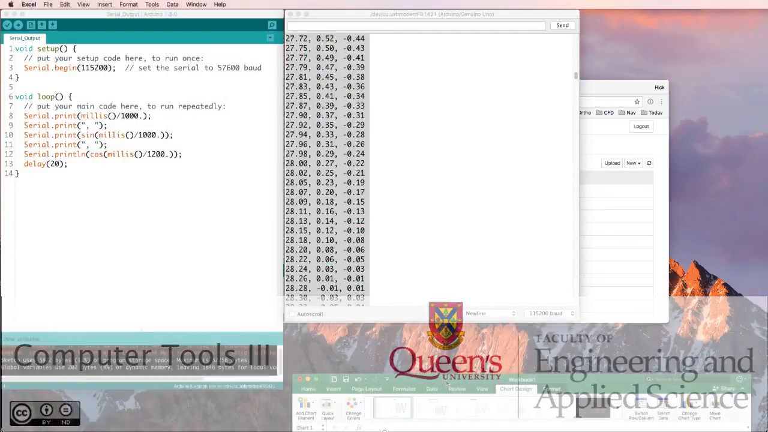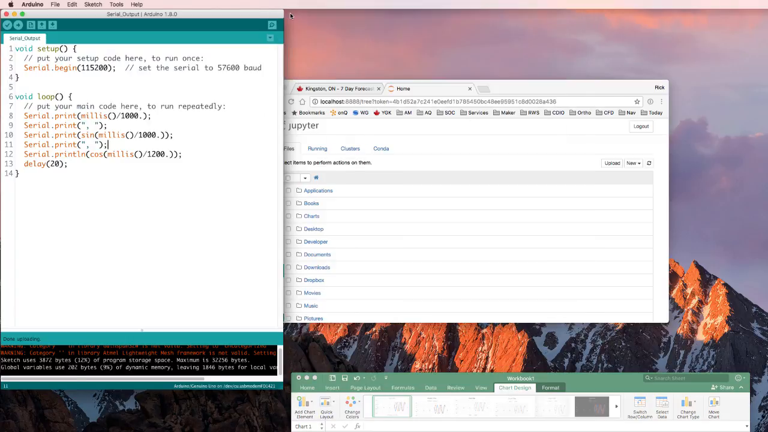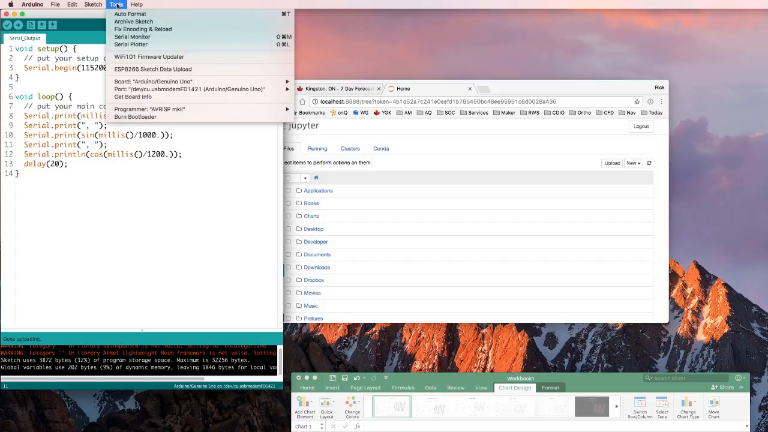Suppose I didn't want to use Excel. Suppose I just wanted to see my data as it was coming out and see what it looked like. Well, in addition to the serial monitor, there's also this serial plotter. And what it can do,